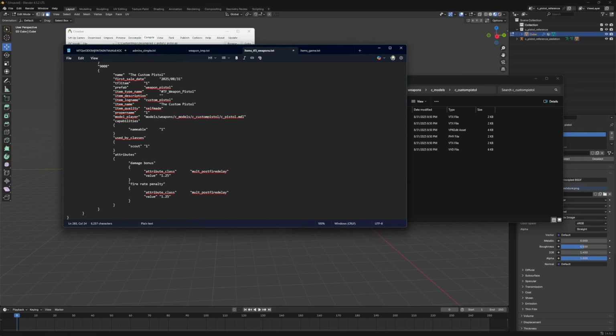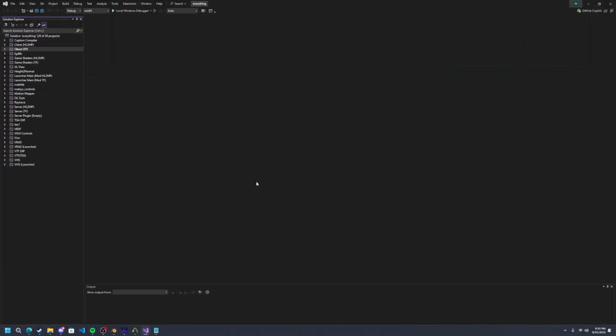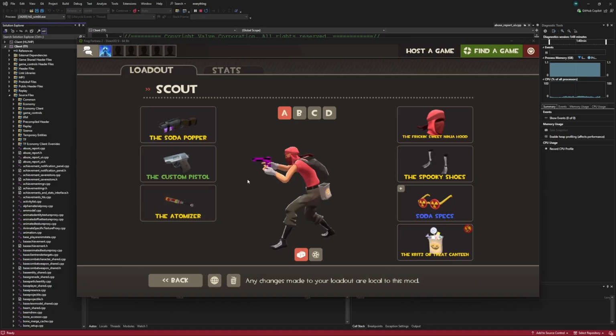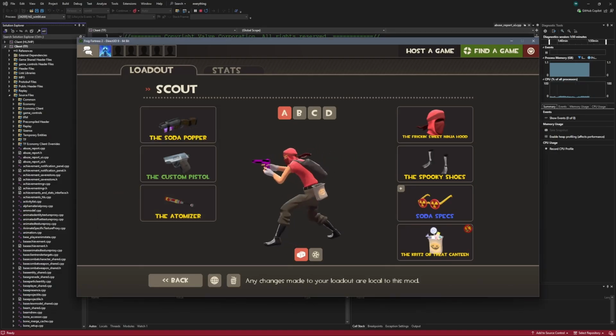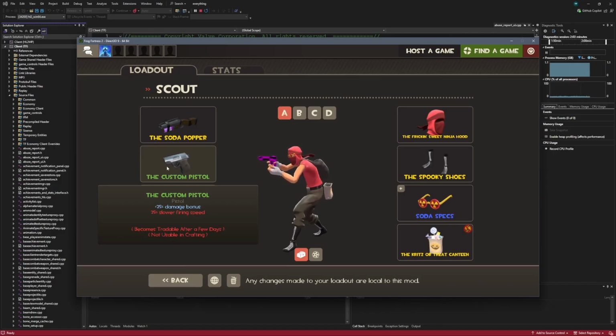So let me load up my TF2 mod right here. Okay, so as you guys can see, our weapon is in game. Now there's two things. First thing is it has the regular icon, and second thing is the texture is missing texture. This is because this icon isn't generated automatically. It's its own photo. So you'll have to make the photo yourself, which shouldn't be too difficult. You should be able to open the file in Half-Life Model Viewer and then just take a photo of it